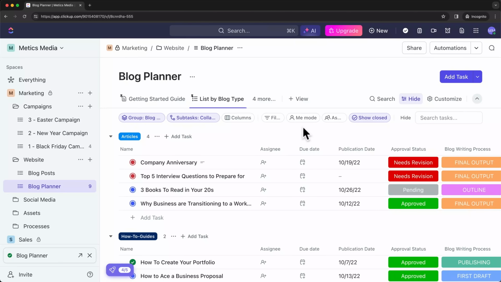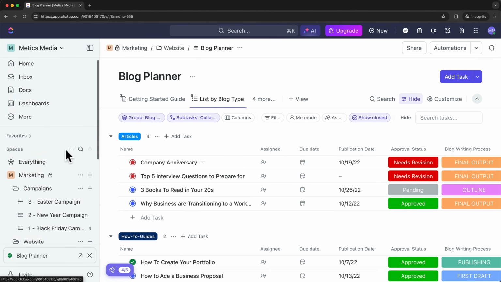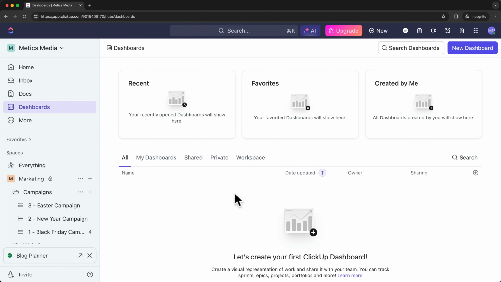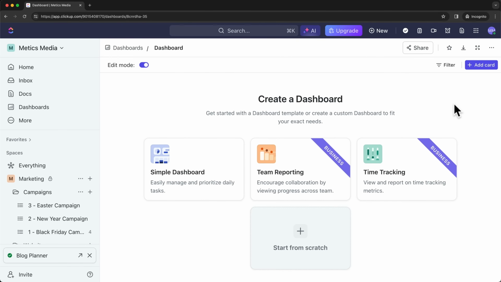Next, let's also take a look at how to use dashboards to easily visualize key metrics and data from your workspace. So let's scroll all the way up here on the left side and click on dashboards. Then let's create our first dashboard by clicking on new dashboard. And here we can start from scratch and add all of the dashboard cards manually, or we can use one